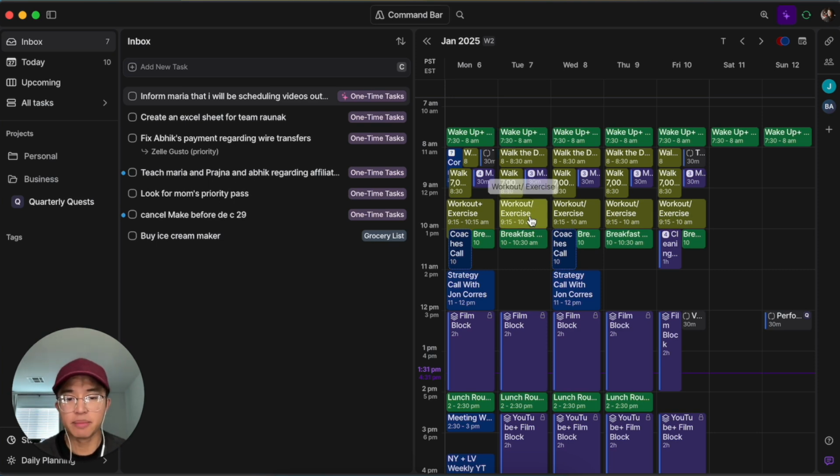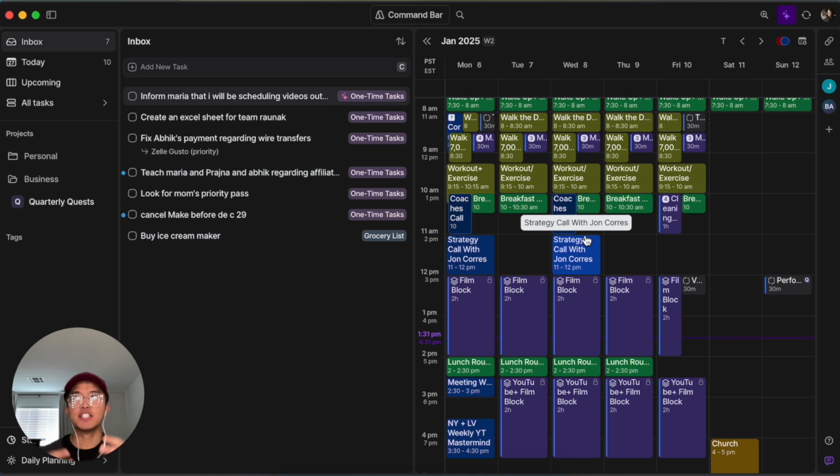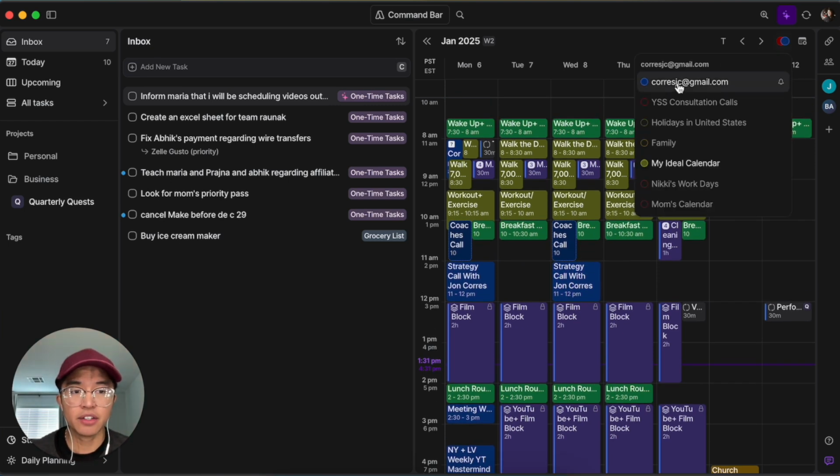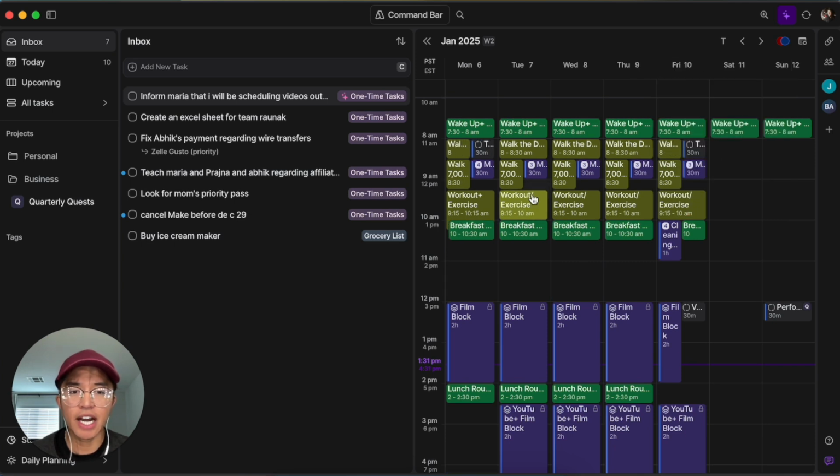walking the dogs, then walking on the treadmill, and then working out, and then having breakfast. So the ideal calendar is really useful in allowing you to get into a routine, or into a habit of doing things at a consistent time on a day-to-day basis. With this ideal calendar, if I turn off everything else, you'll see that I don't really have anything else booked during these times. So the perfect week literally is for me to do these things. And as much as possible, I really try not to book anything at these same times.